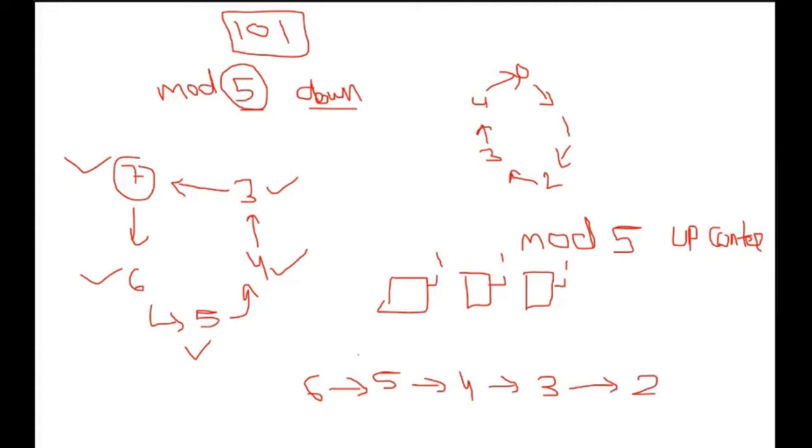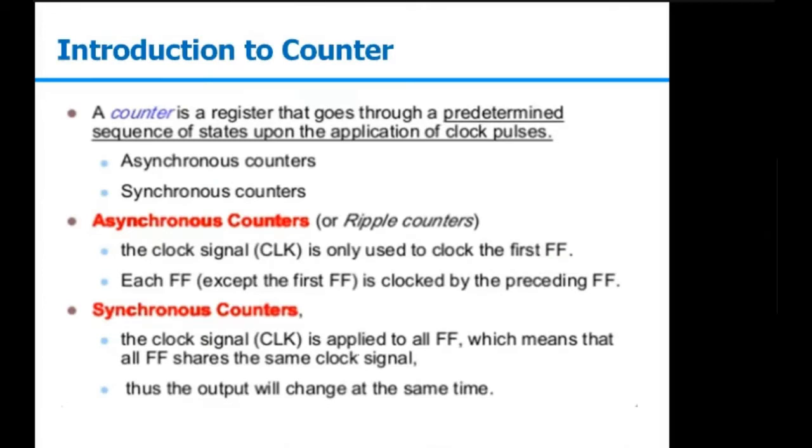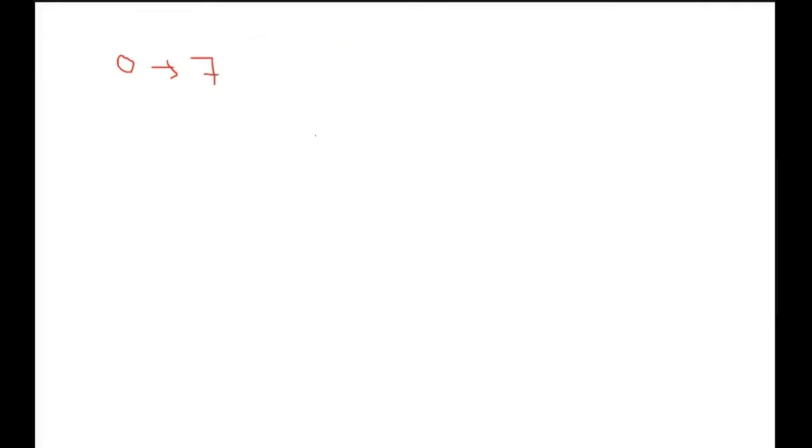So that's why I'm saying we will be talking about some generalized concepts in the counter, and then we will go for some specific ones, and we will see how we can use these generalized concepts to design the specific counter. So generally you are dividing counters into two types, synchronous counter and asynchronous counter. In very simple words, if all these three flip-flops are triggered by a single clock.